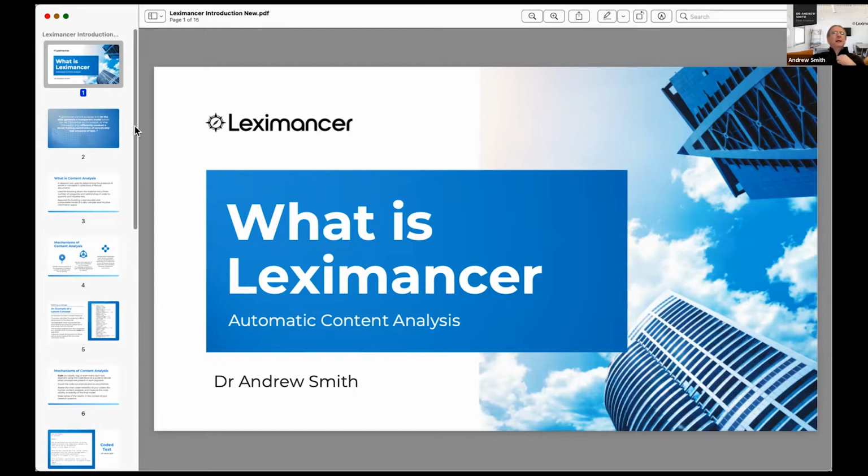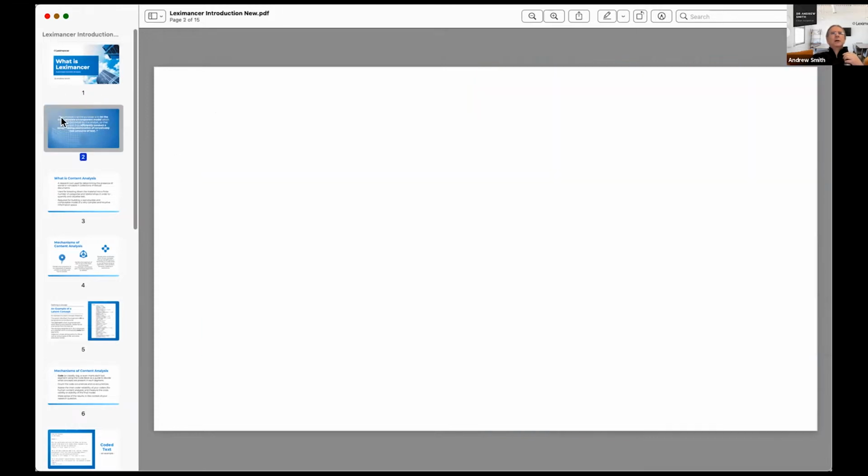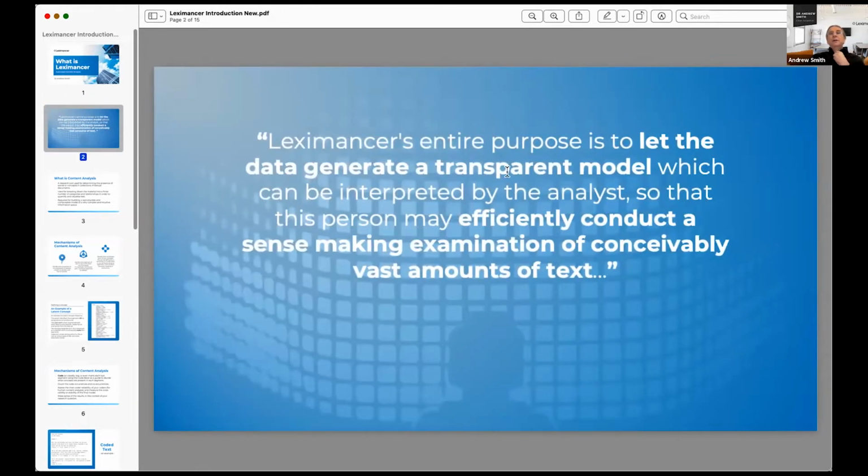So Leximancer is never about that. We wanted a tool that was transparent. You can see everything about the model. It's driven entirely by the data you give it on the day. So we don't train it on North American college student data or business newspaper data and assume that it suits your data, because a statistician would never build a model on one population's data and then draw a sample from a different population and apply that model, because it just wouldn't work. And yet with text, we seem to think that it should work in some areas.